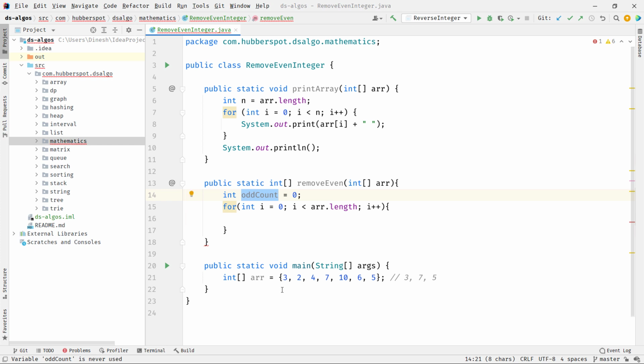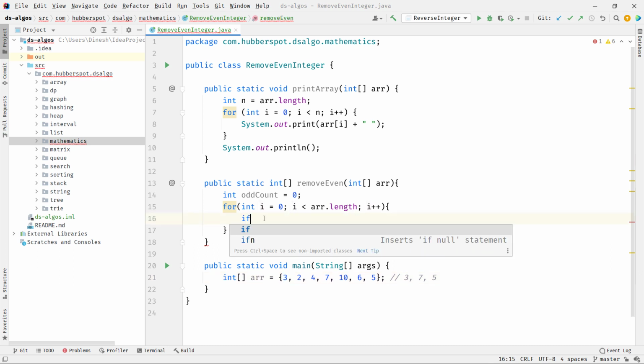Here is how we can figure out whether an element is an odd integer or an even integer. We simply take that element and divide it by 2, and if the remainder is 0 it means it's an even integer, and if the remainder is not equal to 0 it means it's an odd integer.